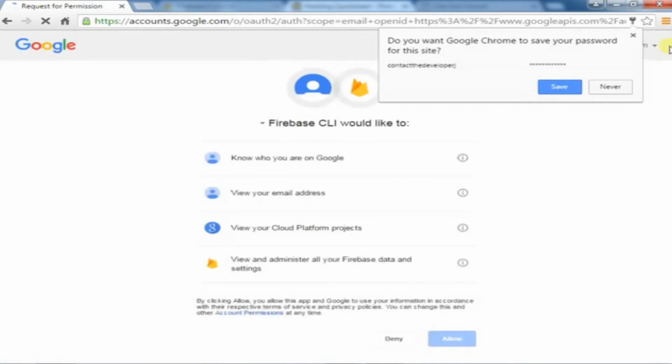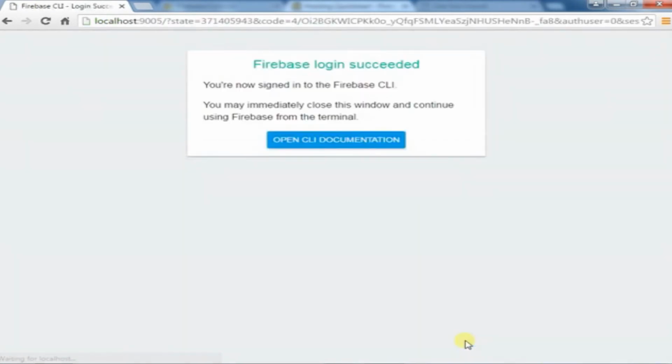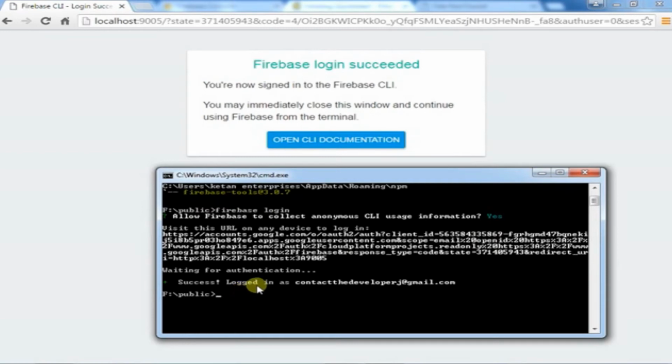Just do it. Make it allow. Okay, so you have allowed it. Now it has been successfully logged in as your account.